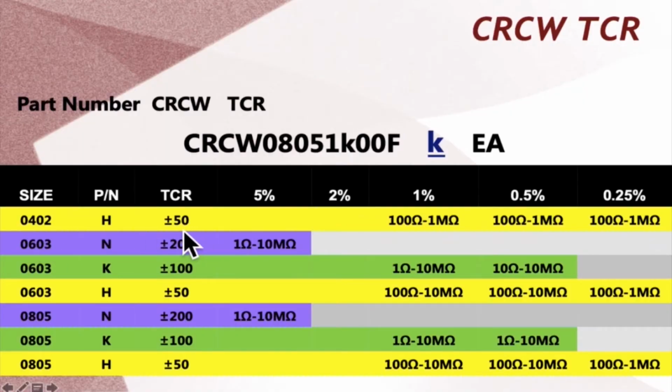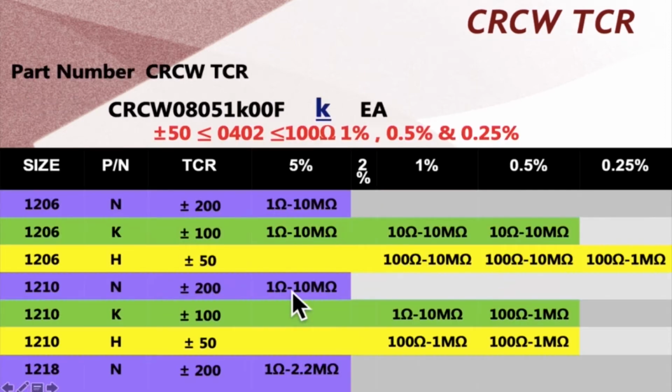0402, as I said, you already have TCR plus or minus 50 for resistors from 100 ohms to 1 megohm, 1%, 0.5%, 0.25%. You have for 0603 the choice to have plus or minus 100 from 1 ohm to 10 megohms, 1% and 0.5%. And also plus or minus 50 in 1%, 0.5%, 0.25%. Same as 0805. So the plus or minus 50 for 0.25% finishes here in